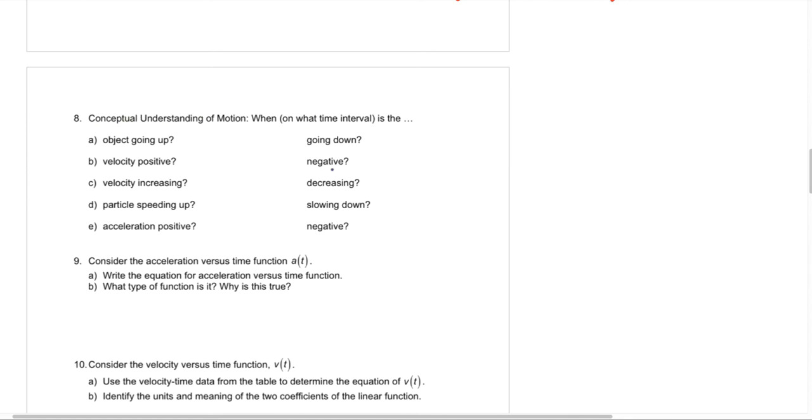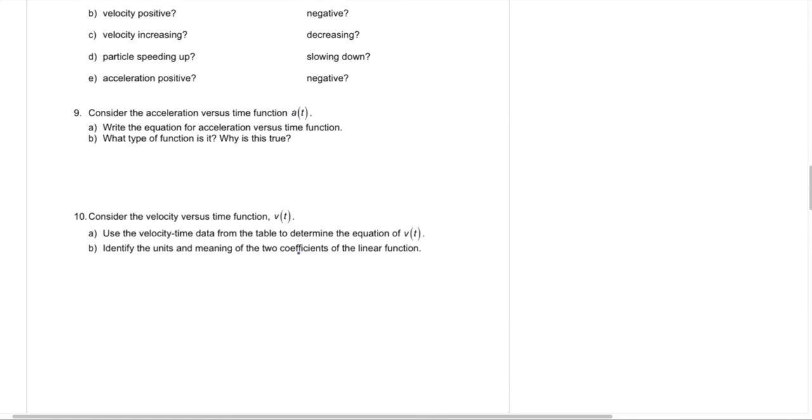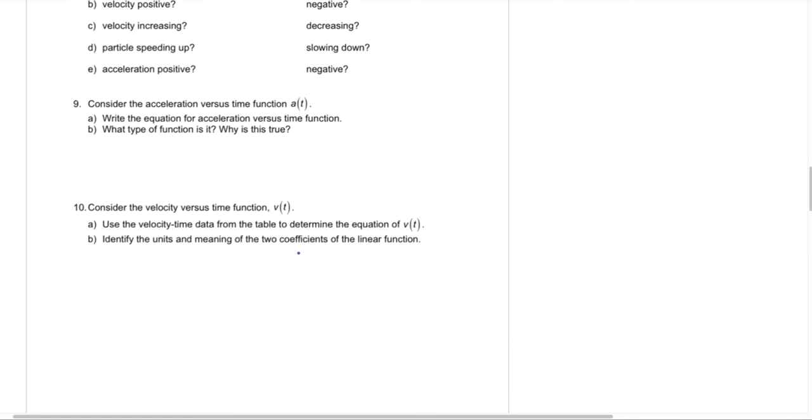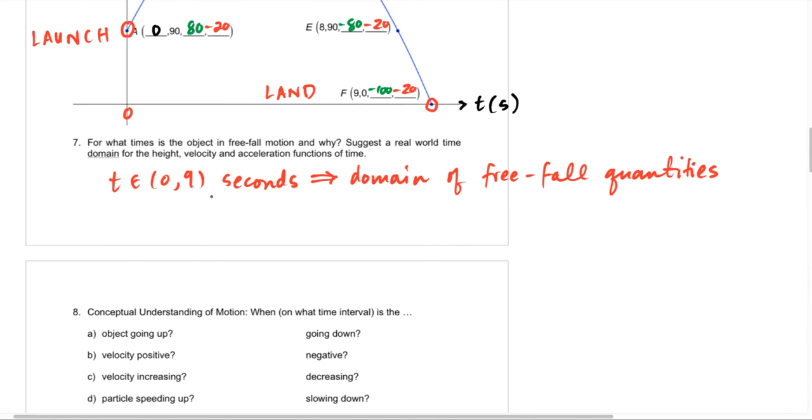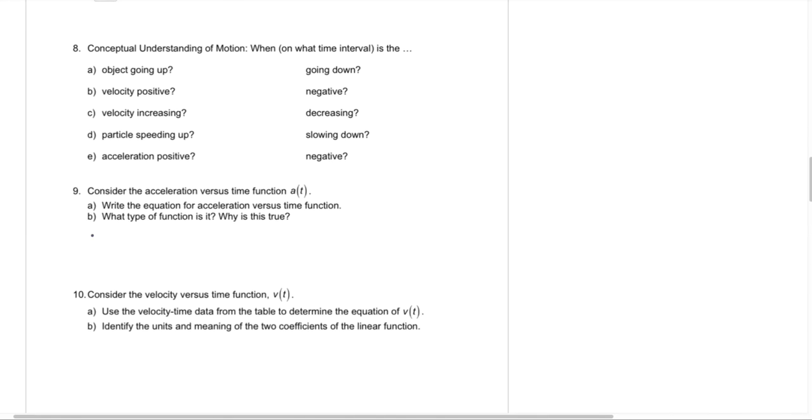I'm not going to fill anything in here because my conceptions have been cleared up by what I'm about to show you. So now let's move on to number 9. We're asked to consider the acceleration versus time function and write the equation for it. Well, we know that the acceleration on planet steady is constant, and so even though we might want to write it as a function of time, it doesn't depend on time. And so in this case we have a constant function